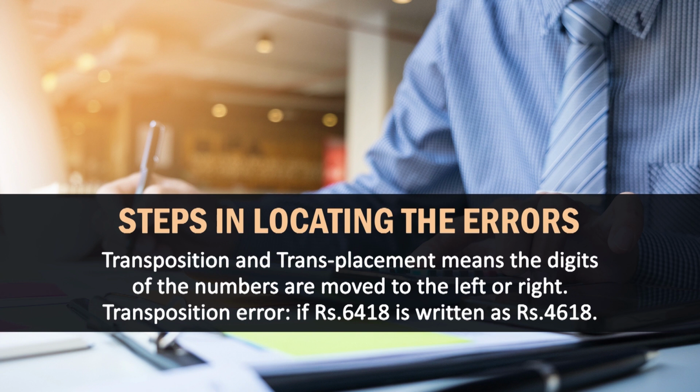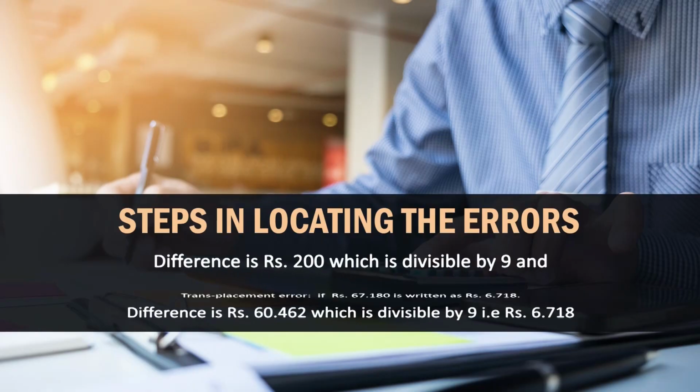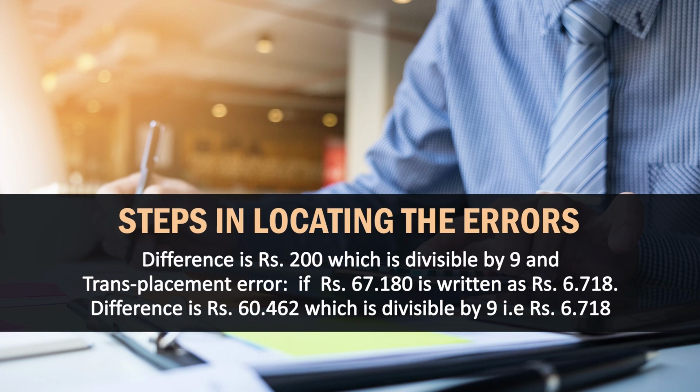6418 is written as 4618. So, here in transposition error you might be seeing that the first two digits are 64, but instead of 64 the amount which was written is 46. It means the figure which was on the left side was written in the right side and the figure which was on the right side was written on the left side. So, here the difference is rupees 200 which is divisible by 9, and transplacement errors is, say for example, if rupees